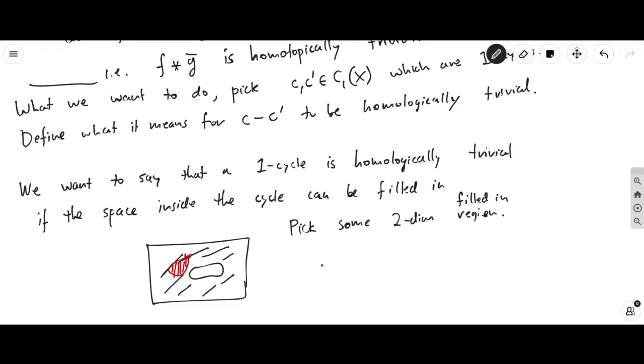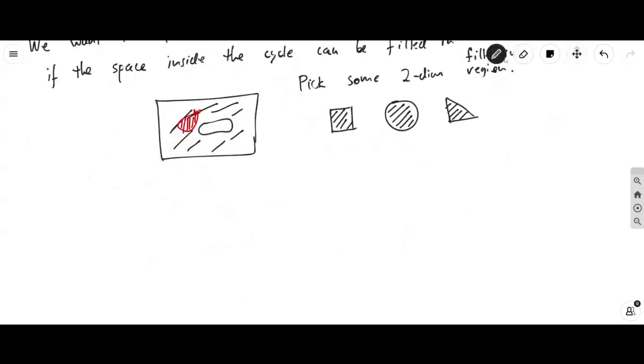So what can we use? We can maybe use a square. Maybe it's most convenient to perhaps use a disk, a filled-in disk. But usually when people work in homology, they use triangles. It just makes the notation in the end work out a little bit nicer. But you can really do it with any of these shapes. So the idea here is,